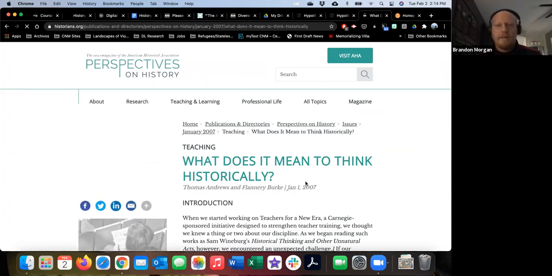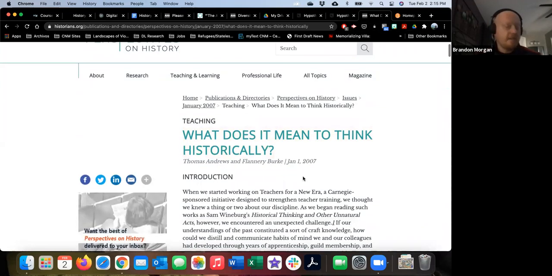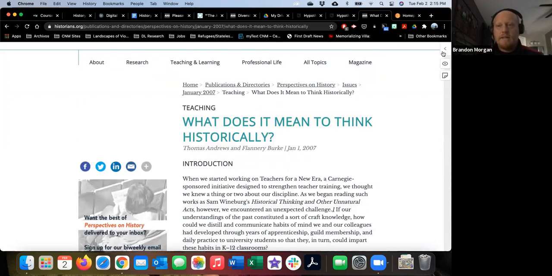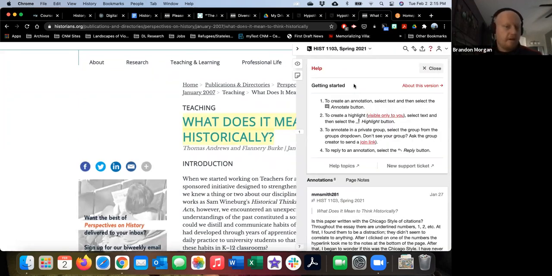And I'll notice that hypothesis controls are here because I already had clicked the bookmark, or excuse me, the extension button. If I click it again, they go away. So if you get here and it doesn't have the hypothesis tools up, just click the extension or the bookmark to get there. Now I can see, again, what we were just looking at, coming at it from the article itself rather than having to go to hypothesis and then go to the article, if that makes sense.